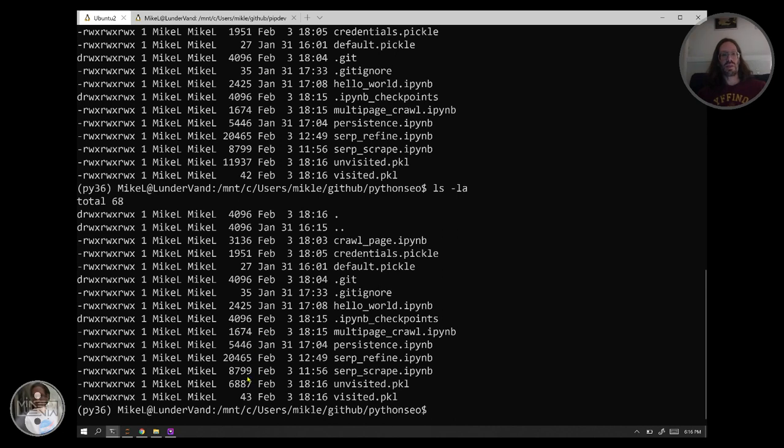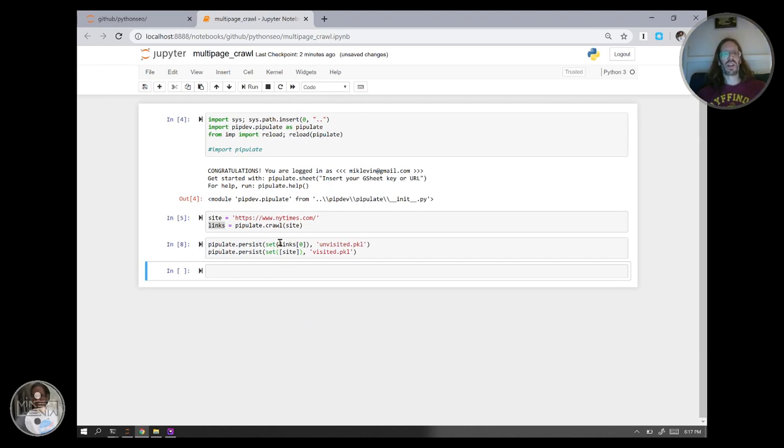And it's just a different data type in there than it once was before. You might be able to see the size difference. There's unvisited.pkl 11937, unvisited.pkl 6. So there's probably a lot of duplicate URLs in there. I can confirm that by doing